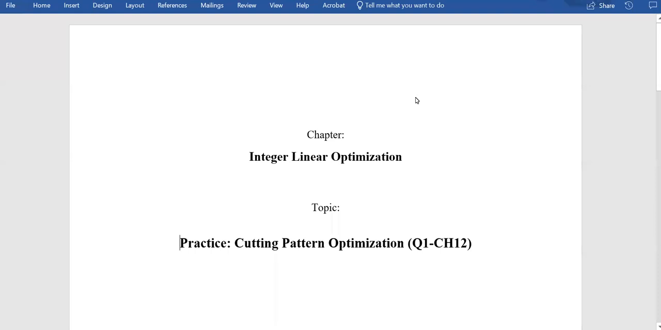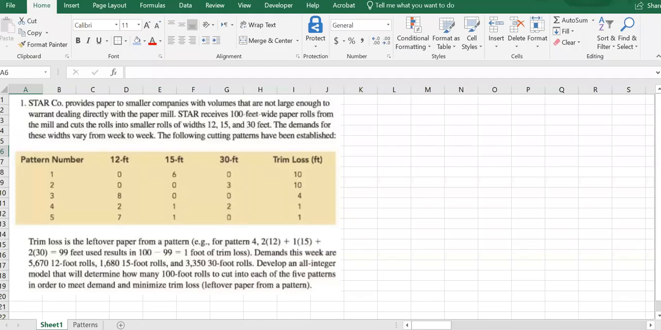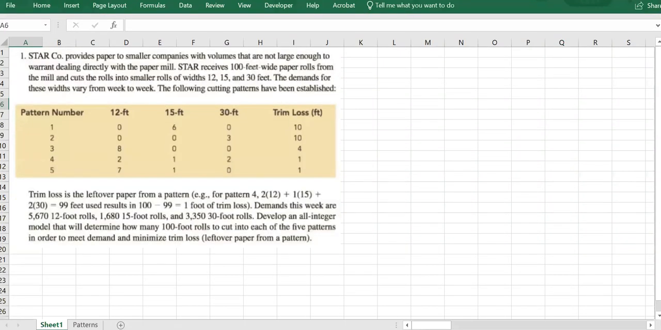In this video, we're going to solve one integer linear programming practice question, question number 1 from chapter 12. So I have the question here. This question is about a paper mill company, and what they actually do is that they get wide and large paper rolls, and they cut it in smaller rolls of width. Actually, they get it in 100 feet wide rolls, and they cut it in 12, 15, and 30 feet wide